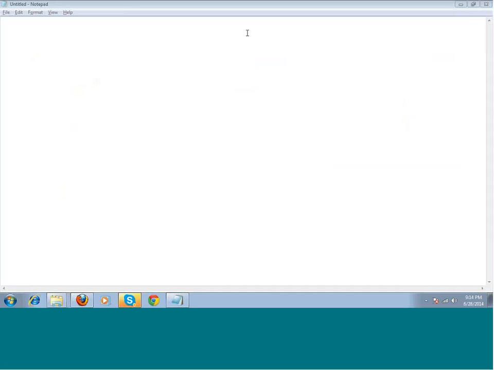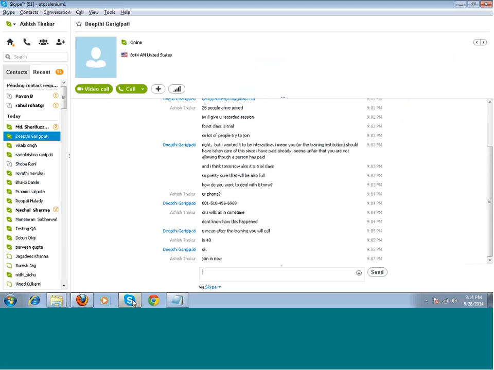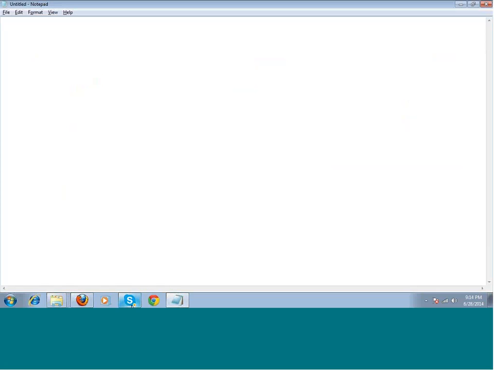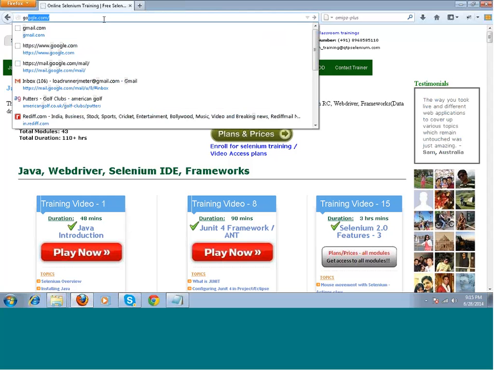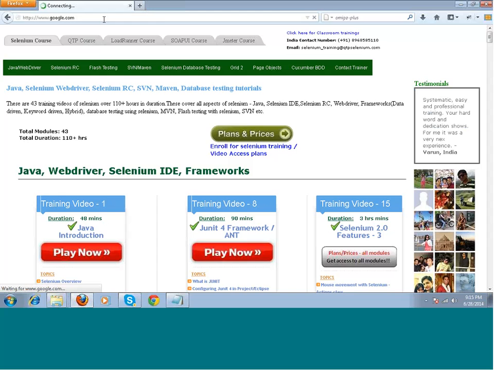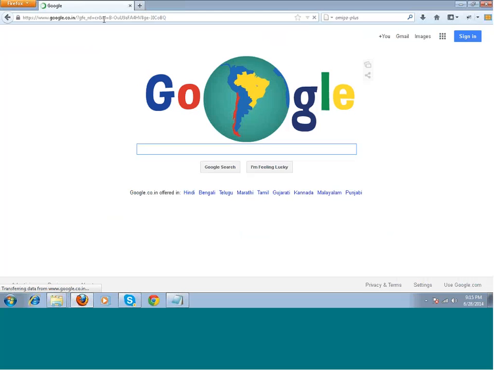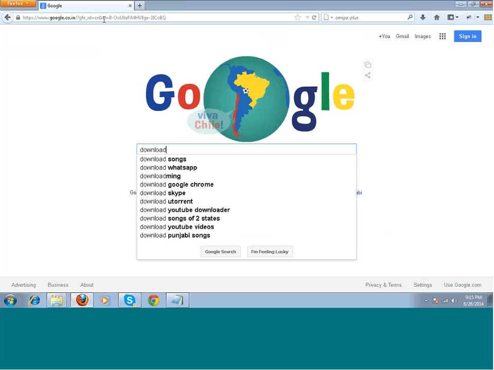I hope everybody has got Java installed on their machines. The second thing which you need to do is that you need to get Eclipse. You just need to go to Google. I'm sorry. For some people, this might look very simple to you because you might be knowing things. But be with me as we proceed with the course. We will move from simpler things to much more complex things. So you write over here, download